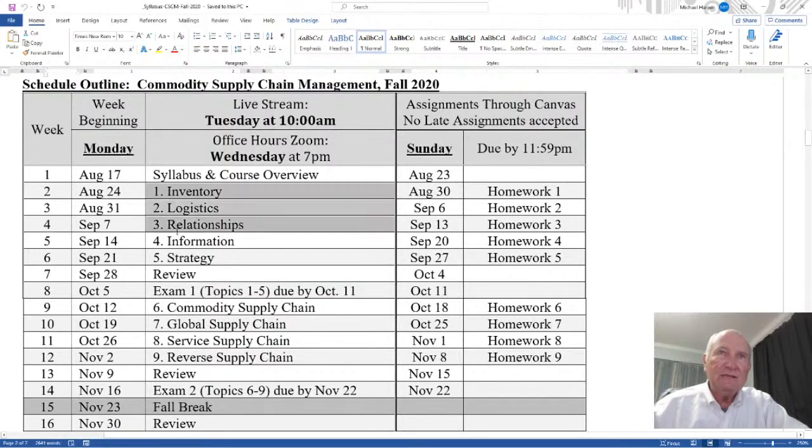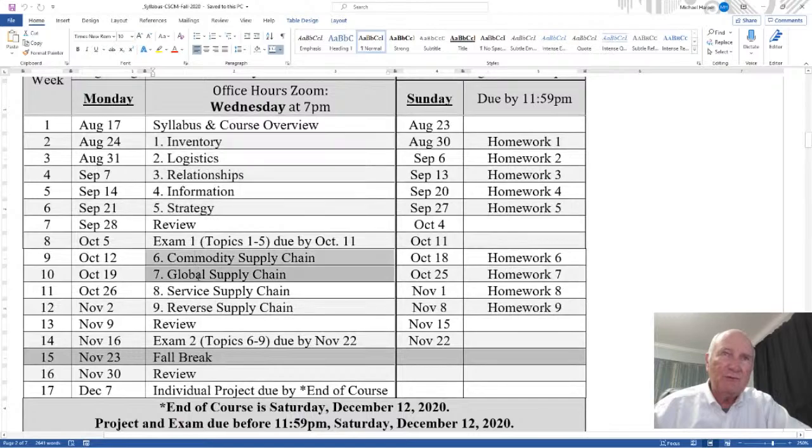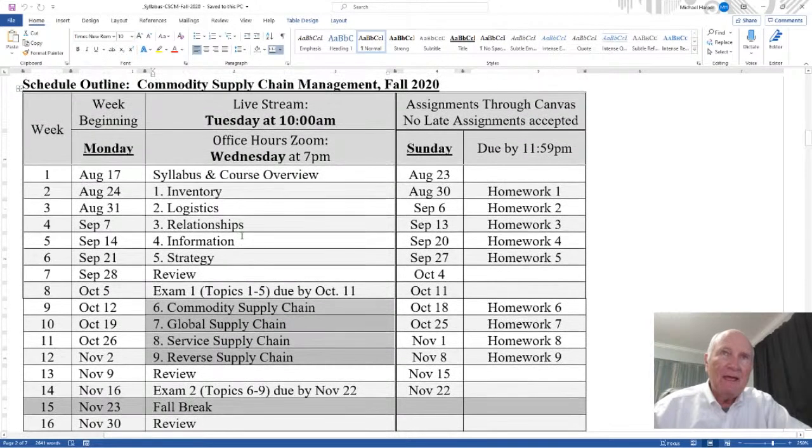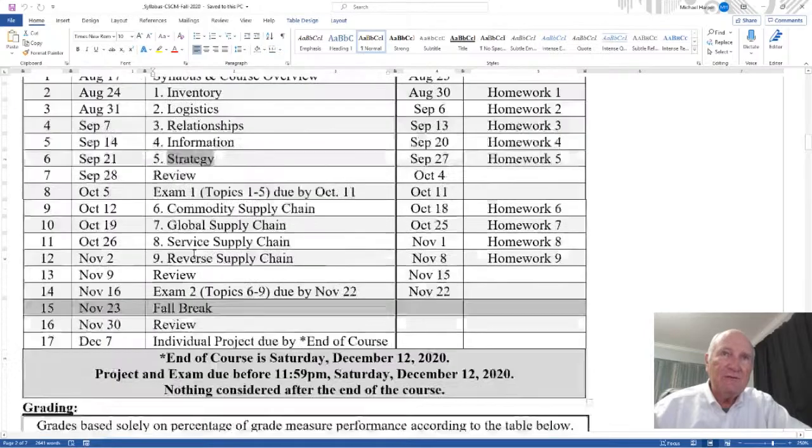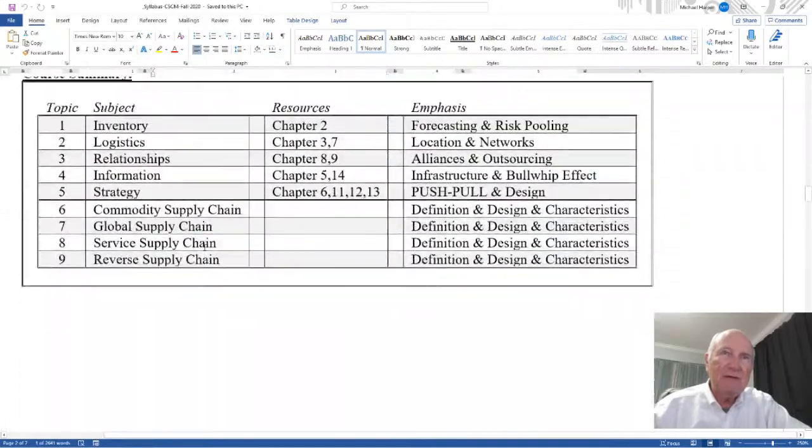This is the 5th topic and the last topic on the basics of supply chain. In strategy, we start pulling together a lot of what we did in the first 4 topics. The last half of the course is when we're going to start applying them to different types of supply chains. And so today in strategy, if we come down here, we can see we're going to be covering